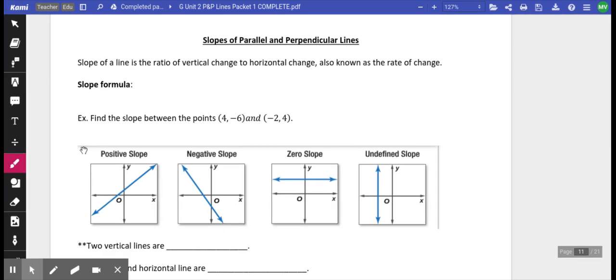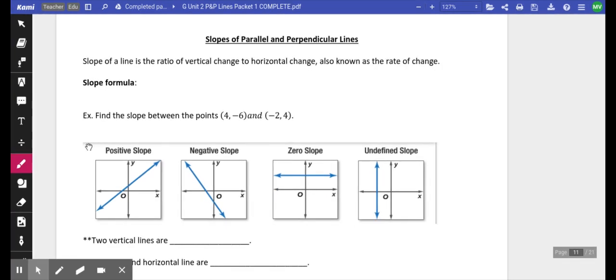Hello, everyone. Today we're going to talk about slopes of parallel lines and perpendicular lines. So the slope formula is something you did in 8th grade and when you were doing algebra. The slope of a line is the ratio of vertical change to horizontal change, also known as the rate of change. So you can think of the slope formula as rise over run,